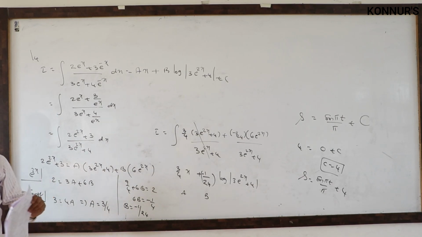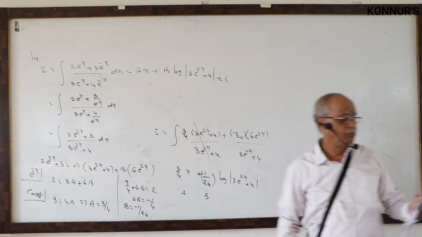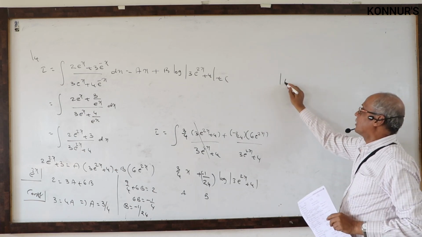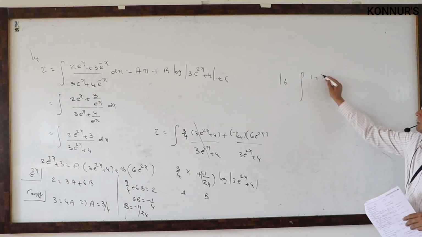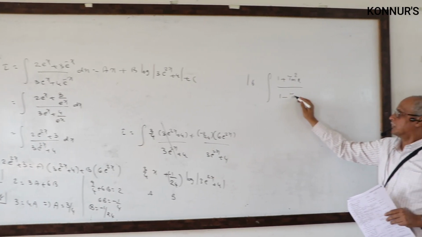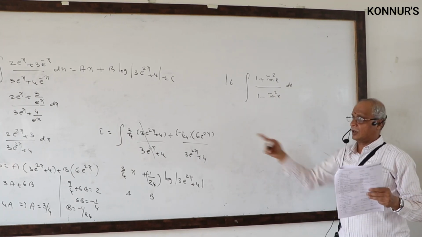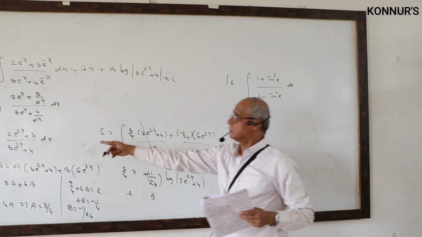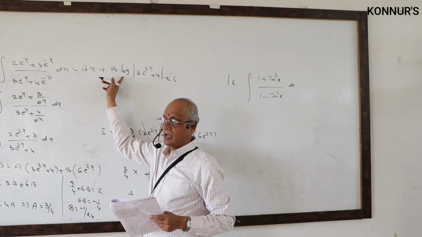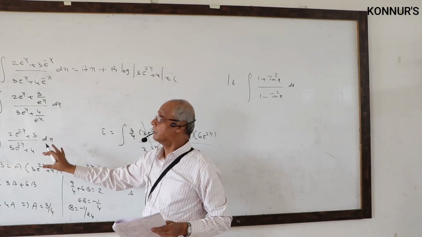15th is definite integral. Then is 1 plus tan square by 1 minus tan square. Trigonometry. 1 plus tan square x by 1 minus tan square x. According to options also you have to start solution. On your own you are not doing like this above problem. As per answer how they want you have to get. Therefore sometimes answers, or its ABCD, will give you a hint how to start solution.